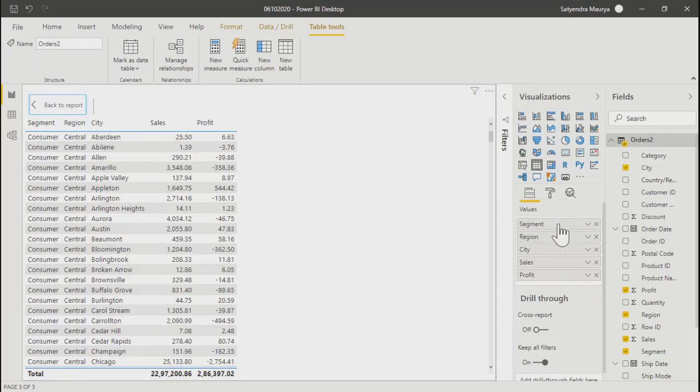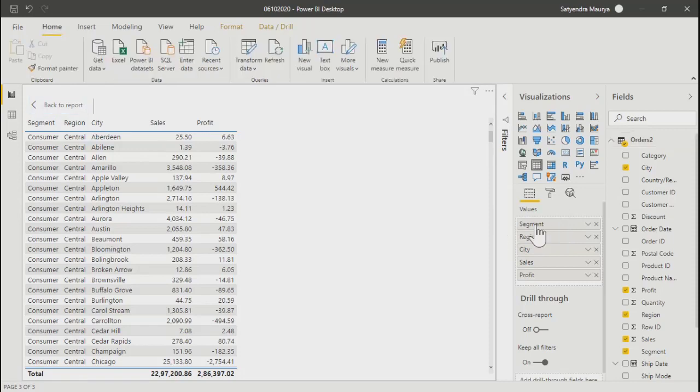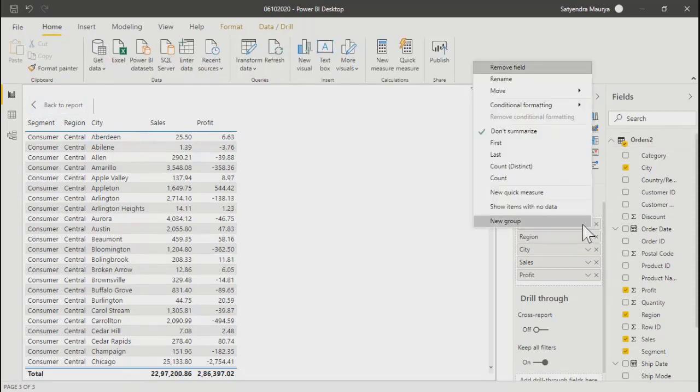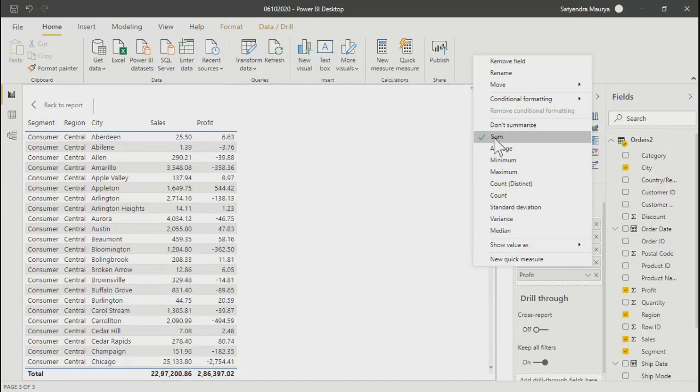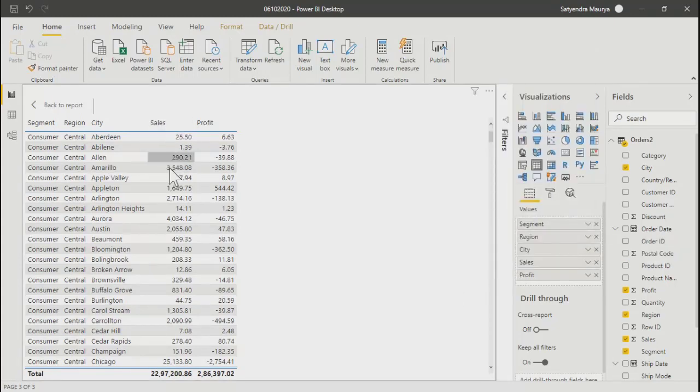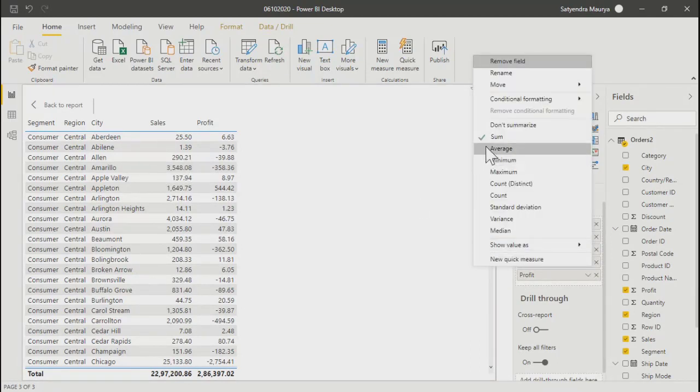The difference you might see is that for segment you are getting the individual values, but for sales you are getting the sum. Because it is a measure, it's being done on aggregation. You have the option over here to change the aggregation logic also. In place of sum, you can go for average, minimum, maximum, count distinct, all these things.